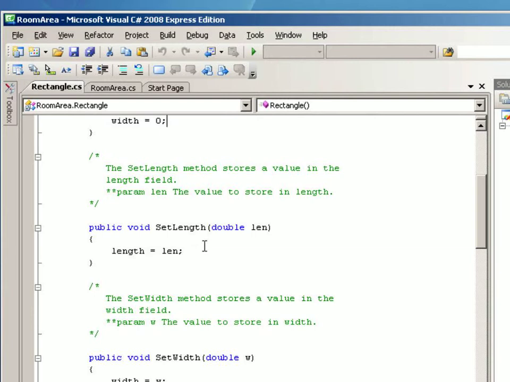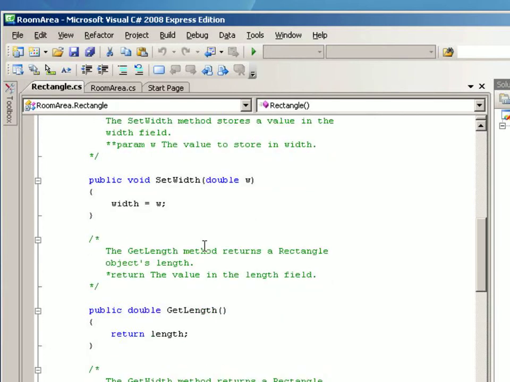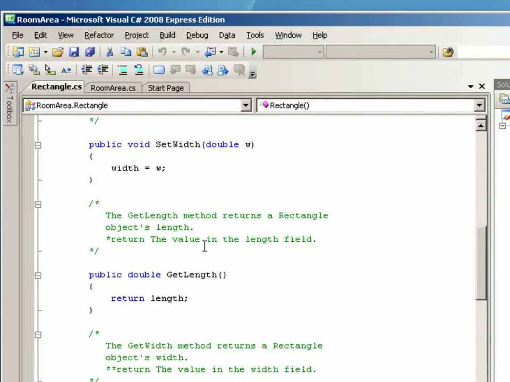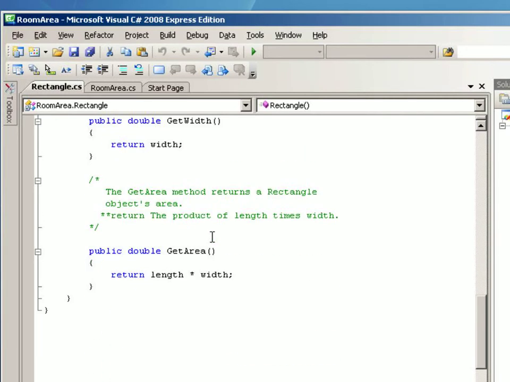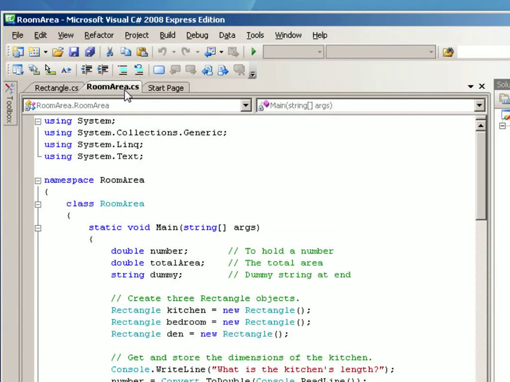These things can get very complicated and get very interesting. For our particular purposes, we're just going to use the standard setting of these values. So you can see I've got the accessor and mutator methods for both length and width. And then this particular method here, get area, it's just simply doing a calculation and returning that value. Okay? So here in my program,